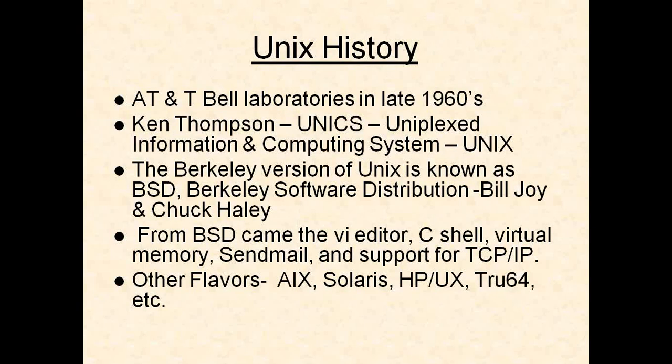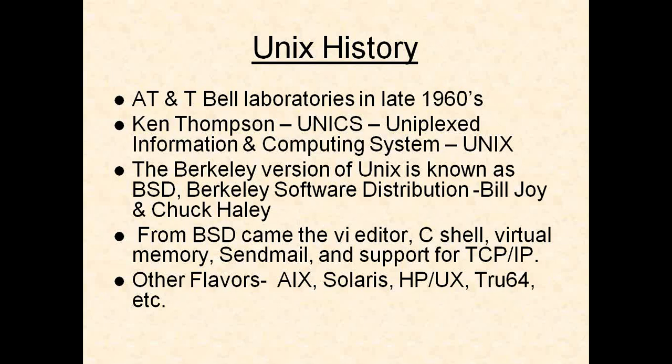Initially Unix was not UNIX. Initially it was pronounced as UNICS, which stands for Uniplexed Information and Computing Systems. But down the line, people started calling it UNIX, or became habituated to writing it as UNIX. Unix was completely designed in the C language. Along with Ken Thompson, even Dennis Ritchie, who is the founder of the C language, was involved in the development of the Unix operating system.